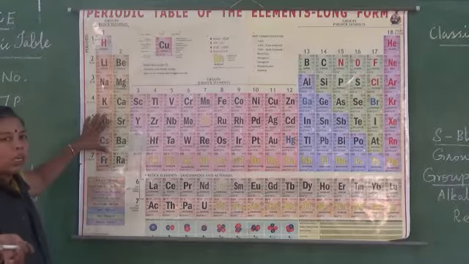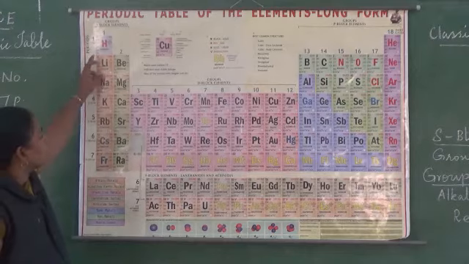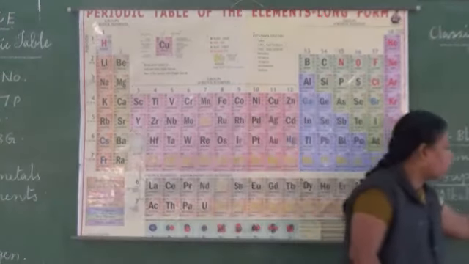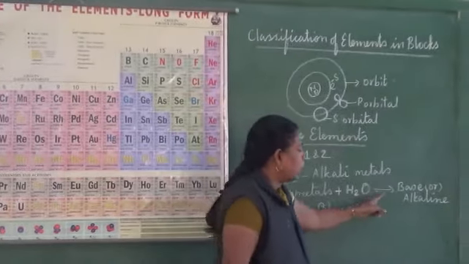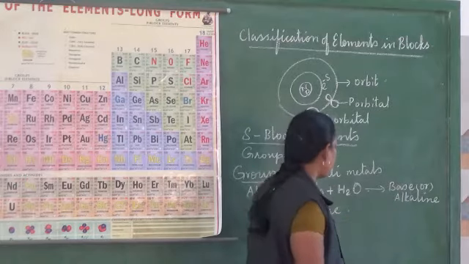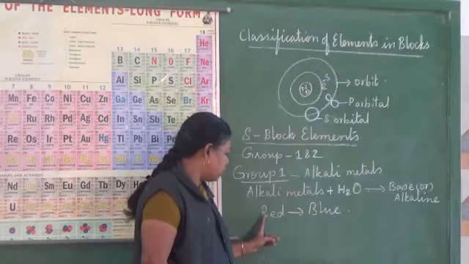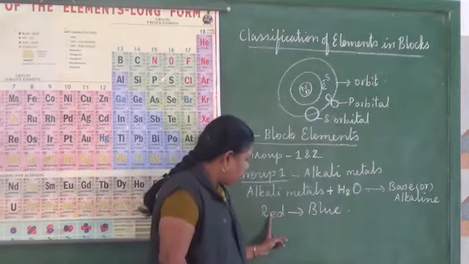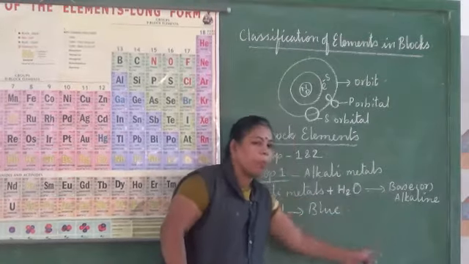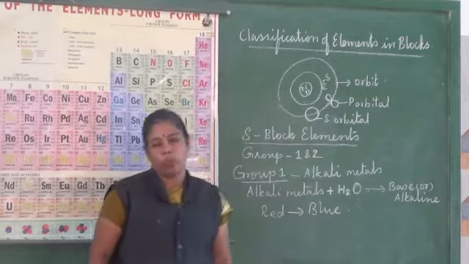The solution formed because of the reaction between these metals and water forms a base or alkali that is soapy to touch, and that is capable of turning the vegetable dye from red to blue. This solution is capable of changing the vegetable dye from red to blue. And then